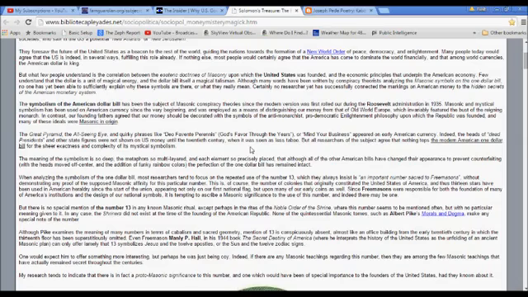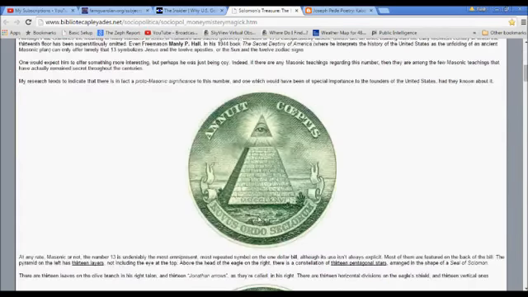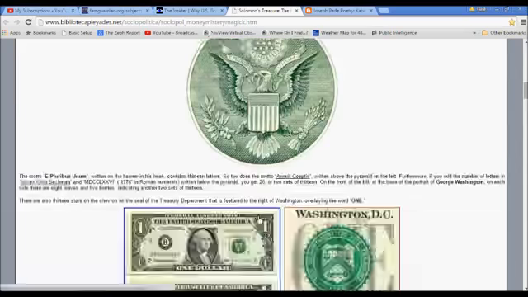When analyzing the symbolism of the $1 bill, most researchers tend to focus on the repeated use of the number 13, which they always insist is an important number sacred to Freemasons without demonstrating any proof of this supposed Masonic affinity. Actually, they have demonstrated proof, so you can go on to read the rest of this. I will include it. This is the view, one view,